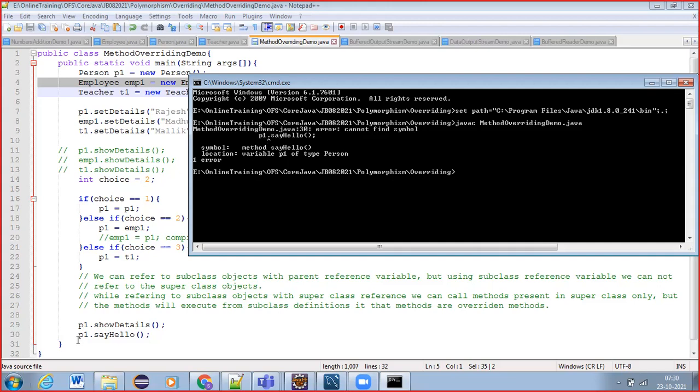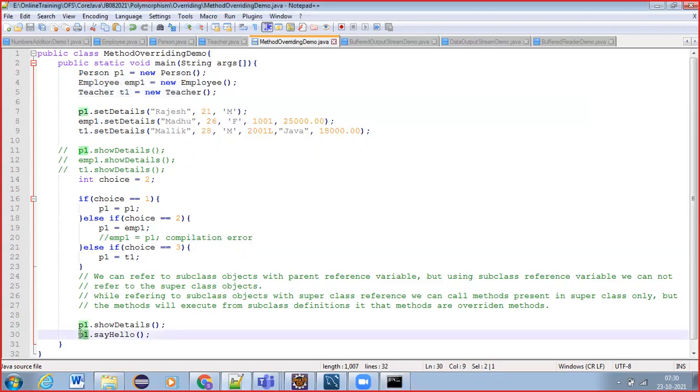If you want to call the employee class method say hello, then using the parent reference you cannot call it. You need to typecast it into an employee class reference variable.